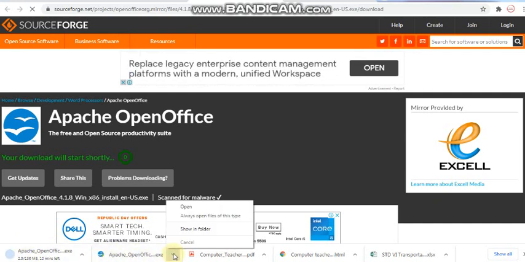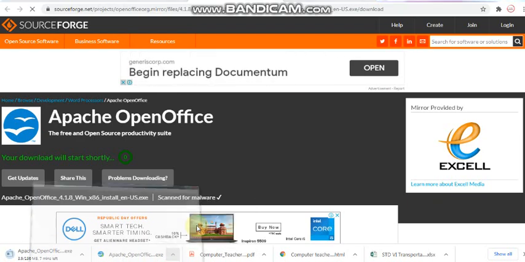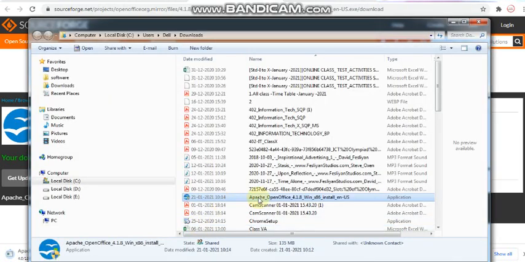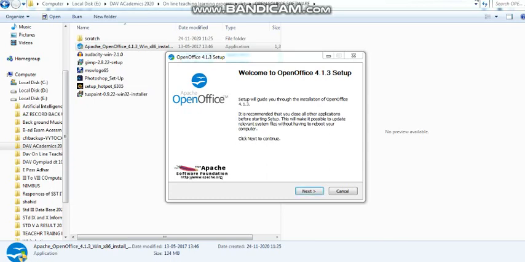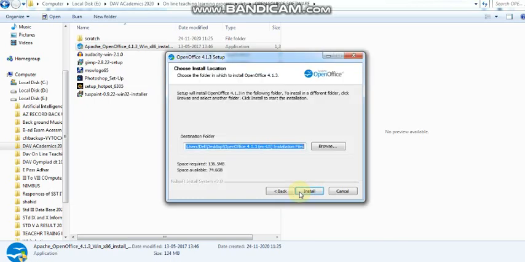Let us see it by showing the folder option, and this is the software which has been downloaded. Just double click on the software and the setup will start. As soon as we click on the setup, this window will appear. Welcome to the OpenOffice 4.1.3 setup, and you have to read the instructions, follow them and click on the appropriate button.